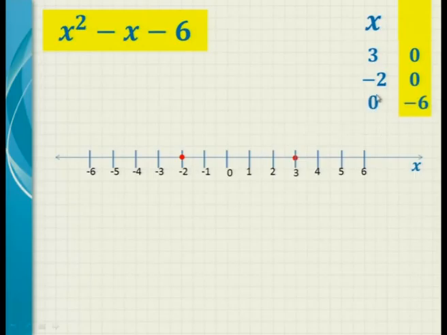What happens if I substitute 0? That's the easy one. 0 will just give me the yellow box equal to minus 6. Are you with me? So let's put it down here, 1, 2, 3, 4, 5, 6, somewhere down here. There we go. So 0 gives me minus 6. What about 1? Let's substitute 1. 1 squared is 1, minus 1 is 0. 0 minus 6, it's also minus 6. So 1 also gives us minus 6.